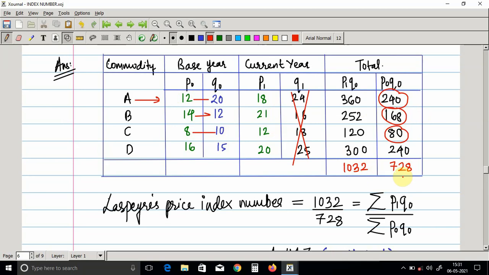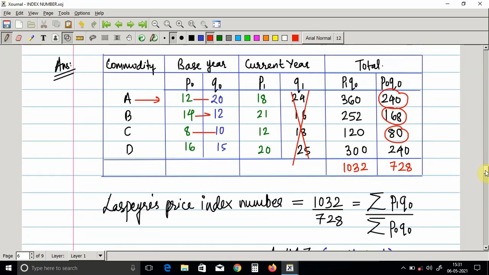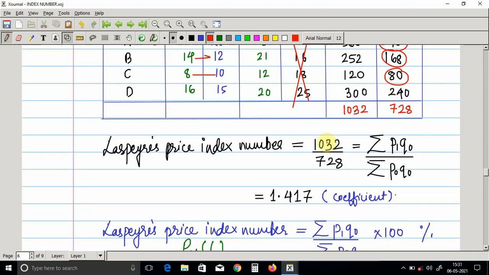If you want to purchase the same quantity last year and now, what amount do you have to pay? So you can have this amount less also. आज कितना पे किया वो कम भी हो सकता है, ज़्यादा भी हो सकता है, depends on the situation. So here the amount is big. Anyways, Laspeyres price index is comparing. Again, I'm going to find the ratio of the current year with the base year. So what is the bill for the current year? 1032 and 728.